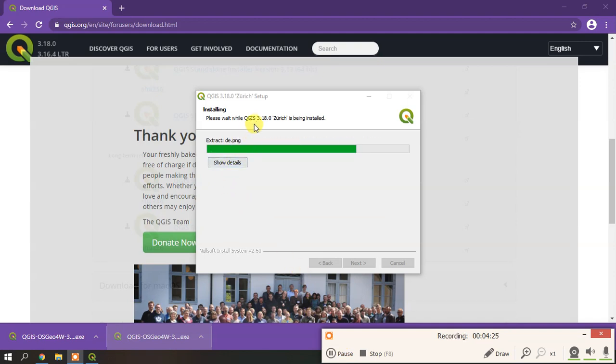Once we have completed version 3.18, we can install the previous version, 3.16. It may take a while to install the 3.18 version. The installation is going to finish within a few seconds, I think.